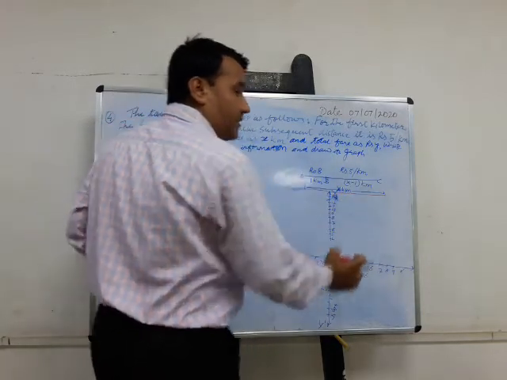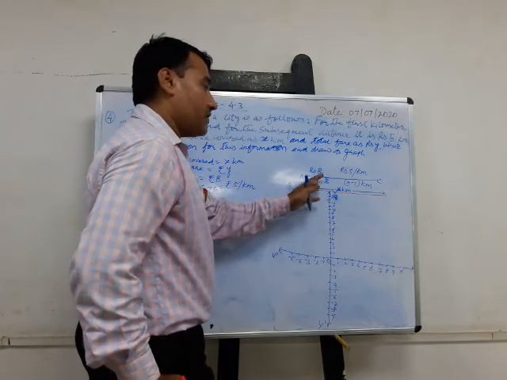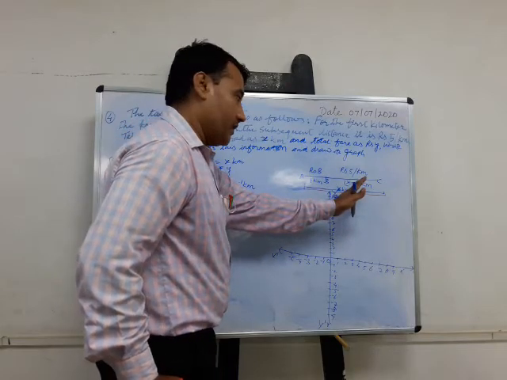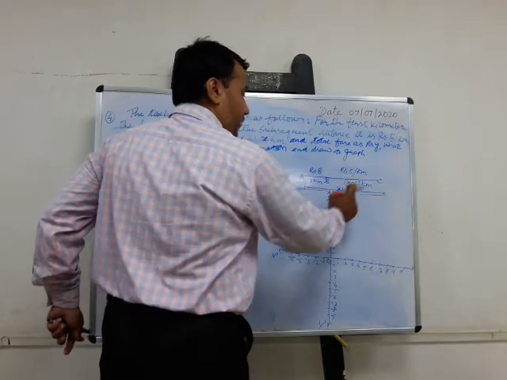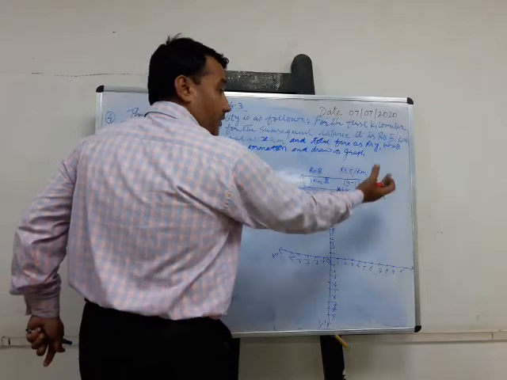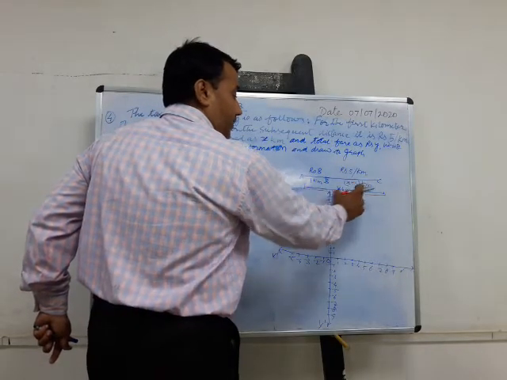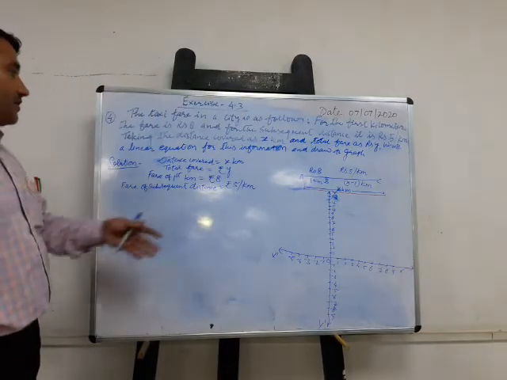For the remaining distance, total distance is x kilometer. 1 kilometer is taken out from that. Clear? So the remaining distance is x minus 1 kilometer. For x minus 1 kilometer, fare is rupees 5 per kilometer, and for 1 kilometer it is rupees 8. Let us solve the question according to the situations.